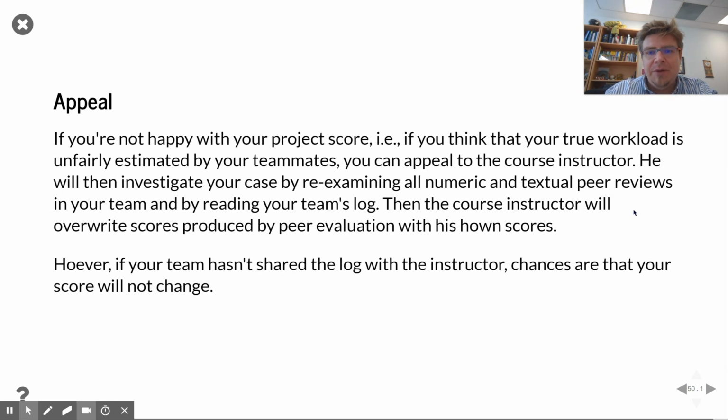Then if you are not happy with your project score, with your peer evaluation, right? So if you are not happy with the score that the instructor gives to you according to the rubric, then you can just talk to the instructor, right? But if you're not happy with the score that you get from your peers with the peer evaluation,